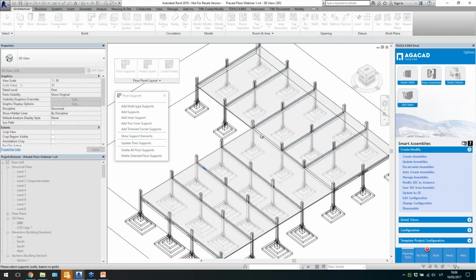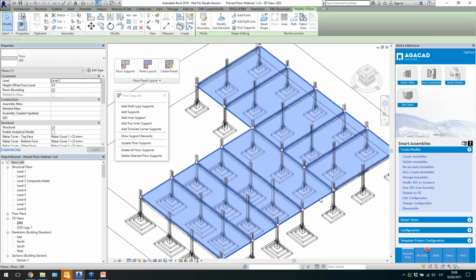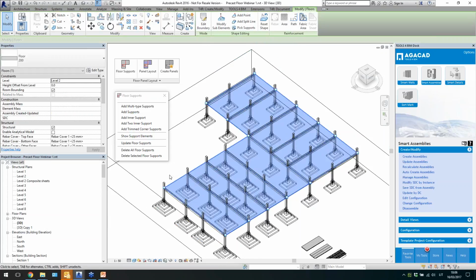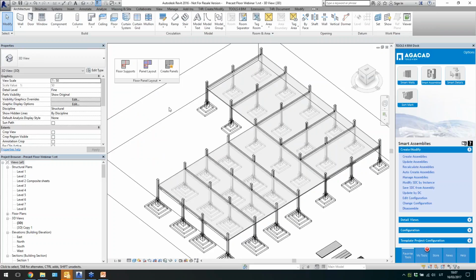Okay, one more time. I will select this one and this one. So now I have such regions split, right? So I want my floor to go just like this in one region and in another region. So I just split them into different regions. And yeah, I will not use other functionality, but there are some update and delete options, of course, to control